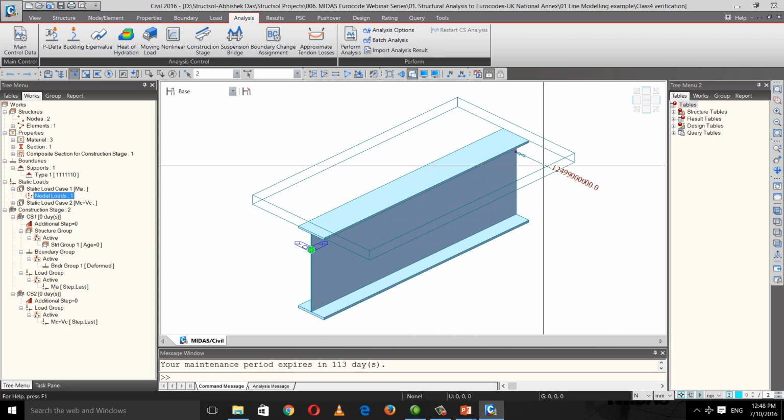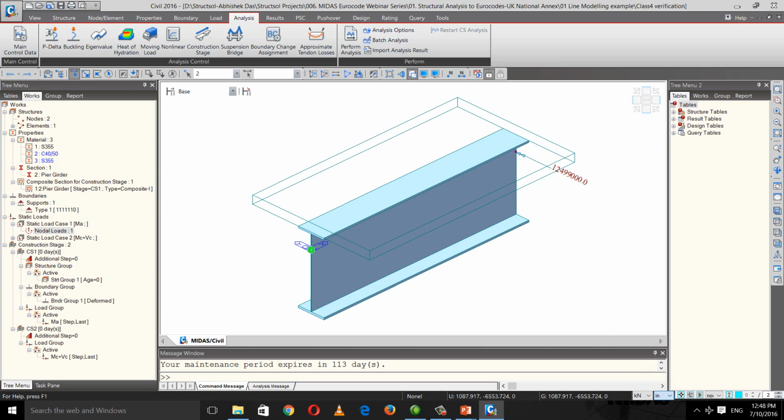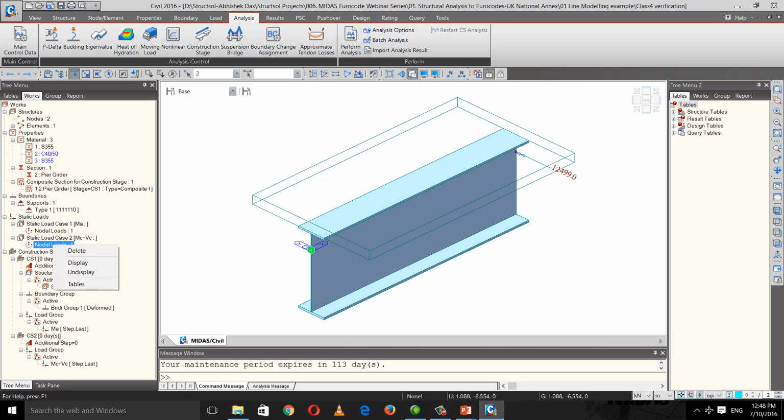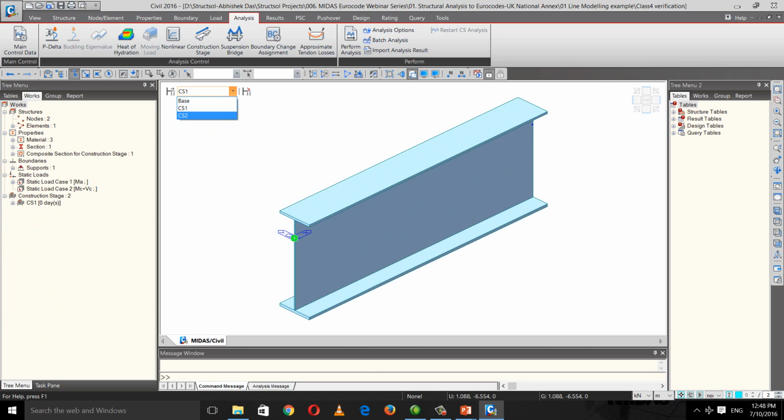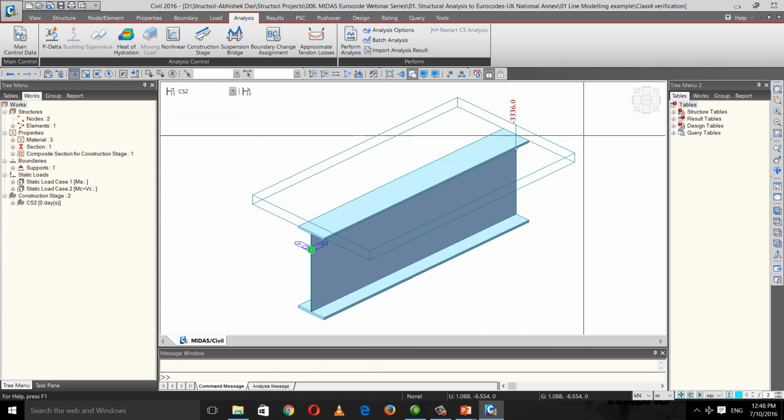So I've applied a moment here. The units are in, let's say, kilonewton meter now. Okay, so moments are applied, and so is the shear force. Okay, and we've developed just simple construction stages before composite and after composite section, and using this particular